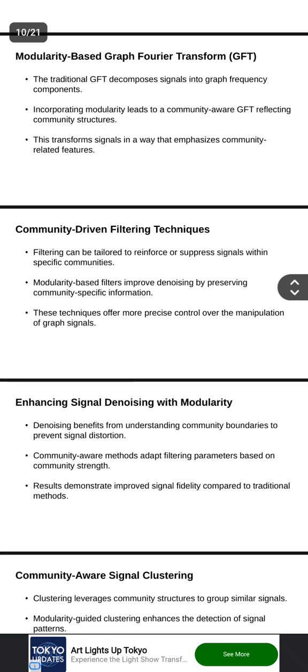Next is community driven filtering techniques. Filtering can be tailored to reinforce or suppress signals within specific communities. Modularity based filters improve denoising by preserving community specific information. These techniques offer more precise control over the manipulation of graph signals,